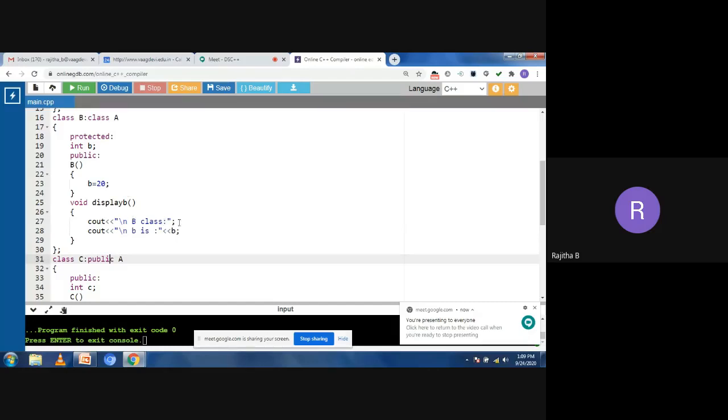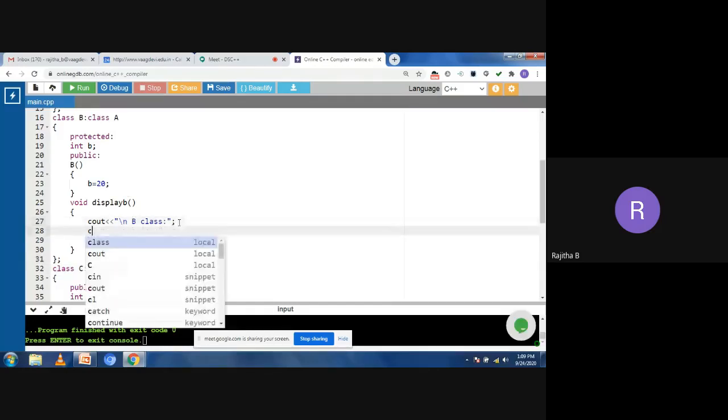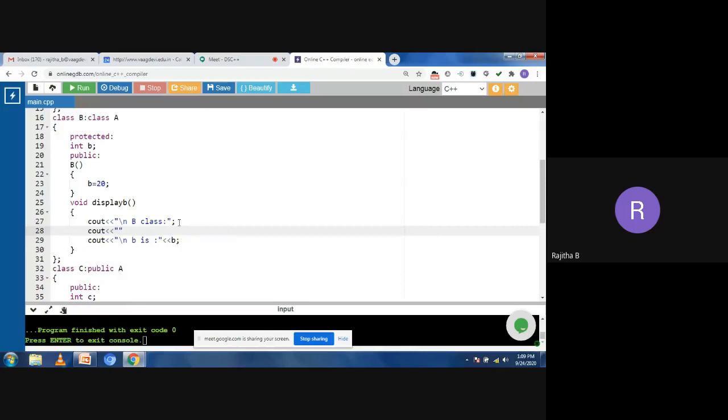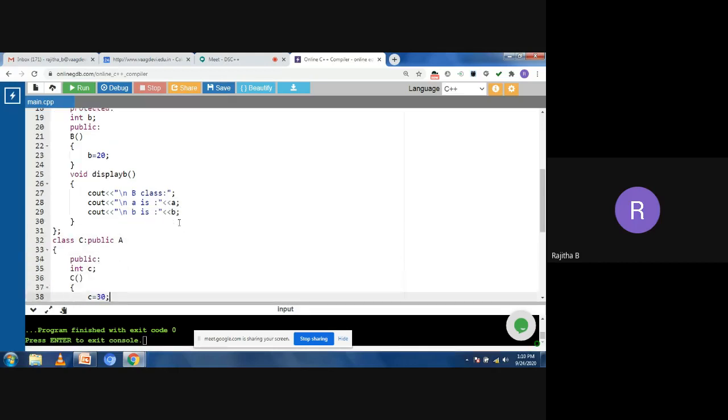So now in class B I can access the A class also. If you are taking inheritance, you can access the base class properties here. I can take the A value here. You can print the A value that belongs to class A by using this concept. When you are taking multiple inheritance, it is not possible. But when you are taking multi-level and hierarchical, it is possible to access the base class like this. Okay, now come to class C.